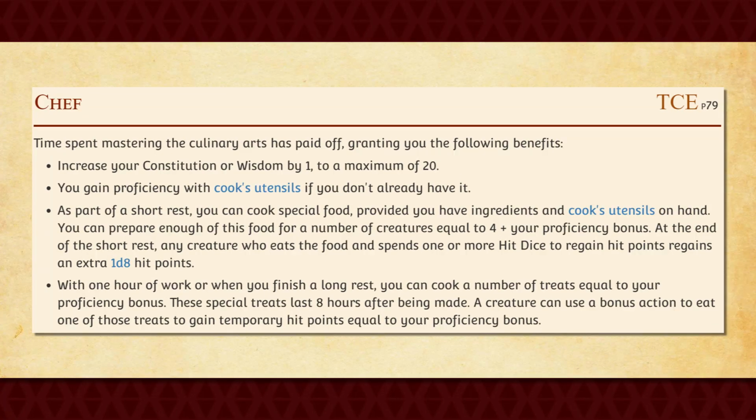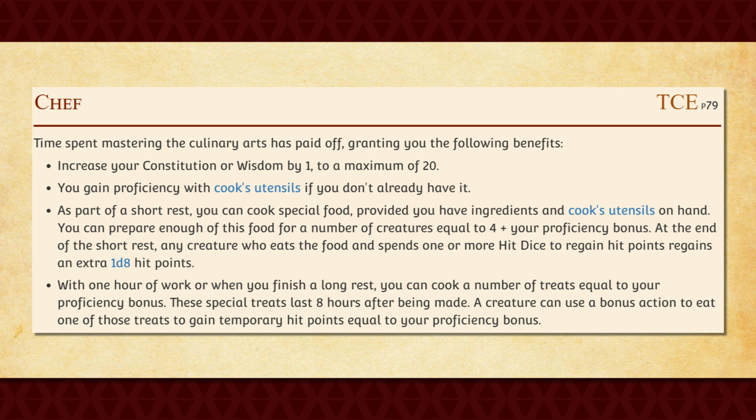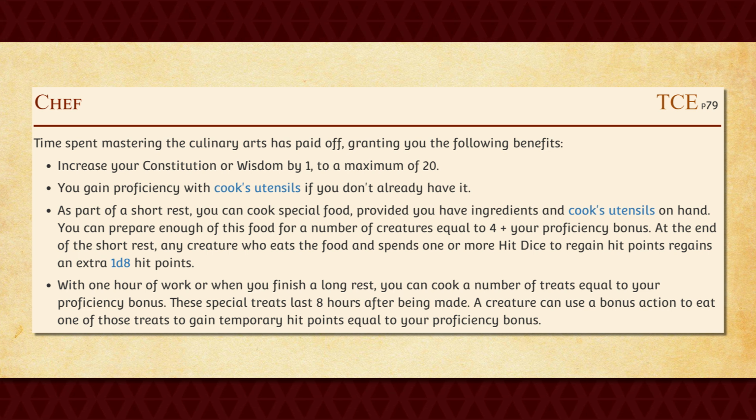Next up, we've got Chef, which allows you to increase your Constitution or Wisdom score by 1, grants you proficiency in Cook's Utensils, allows you to use your Cook's Utensils to prepare food for a number of creatures equal to 4 plus your proficiency bonus, increasing any healing that you receive by any hit dice that you spend during a short rest by 1d8, and allows you to prepare a number of treats during a long rest equal to your proficiency bonus. A creature can then eat one of these treats as a bonus action, gaining temporary hit points equal